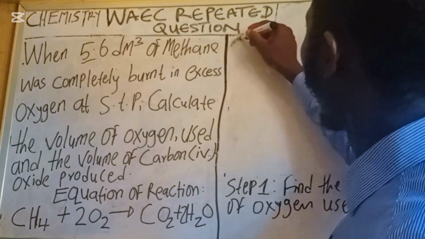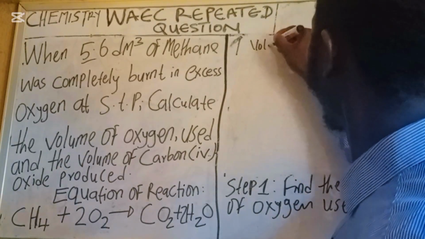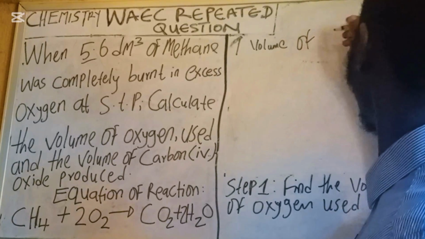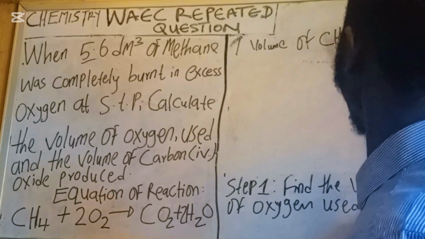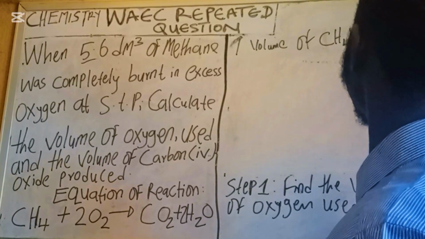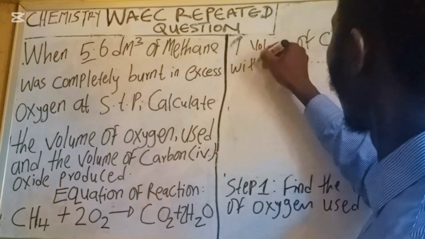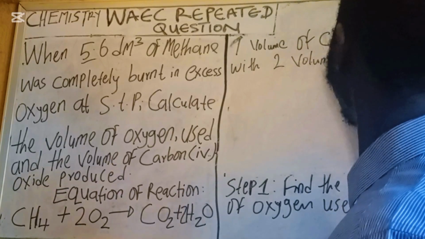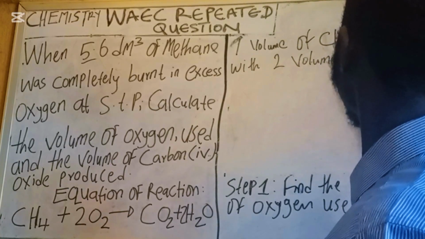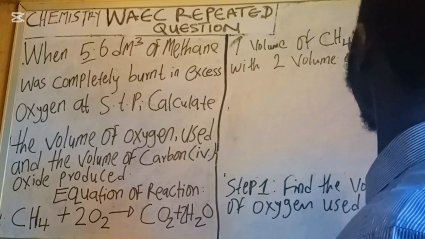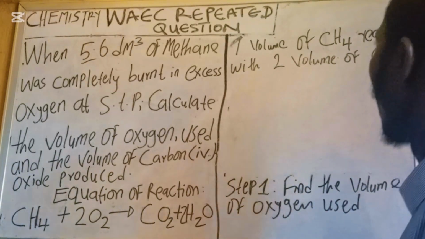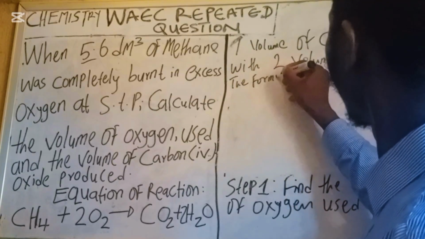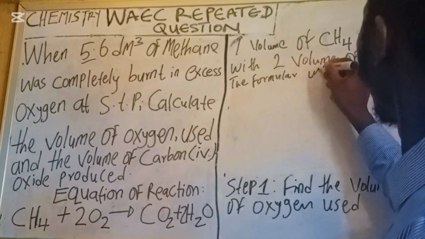Let's continue. 1 volume of methane. Let me use formula. 1 volume of methane reacts with 2 volume of oxygen. So now the formula we are using is